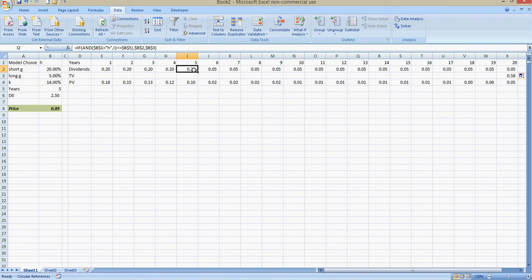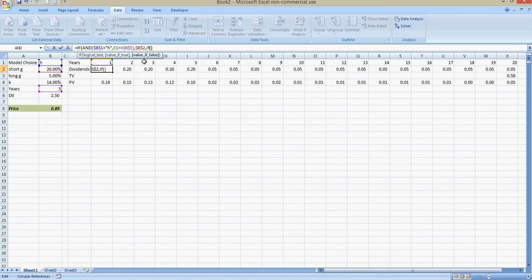And see how I go from 20 to 5? The H model says, look, we're not going to drop off a cliff and go from 20 to 5. We're going to go down from 20 to 5% over 10 years. So this is going to go 20 to 17 to 14 to 11 to 8 to 5. So how can I make it do this? Well, I need to get rid of this choice. So if it's not true that both these conditions hold, it's H and less than 5 years,